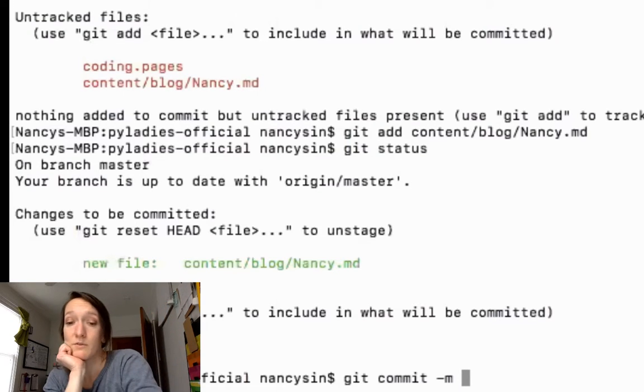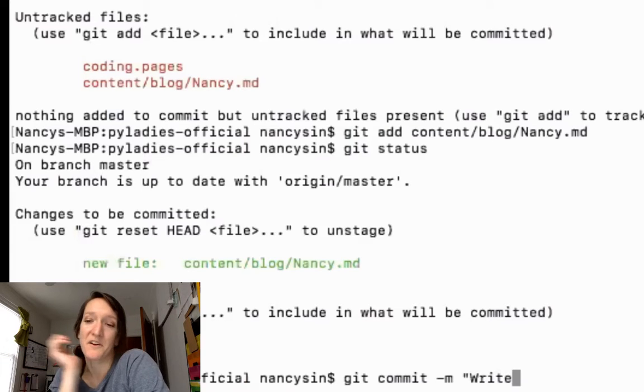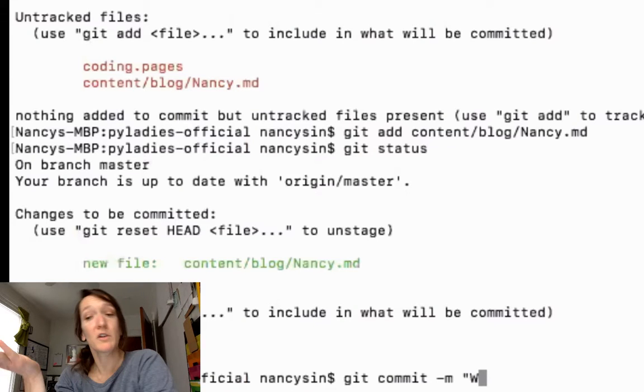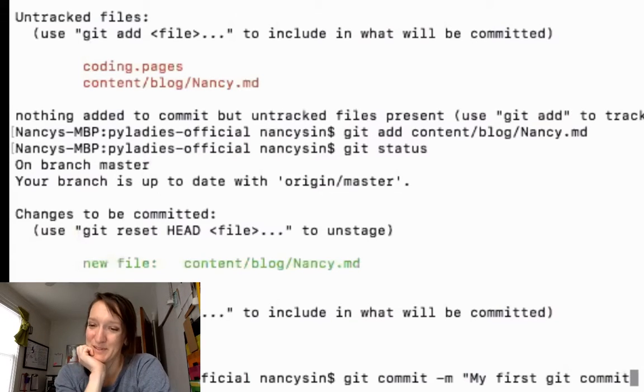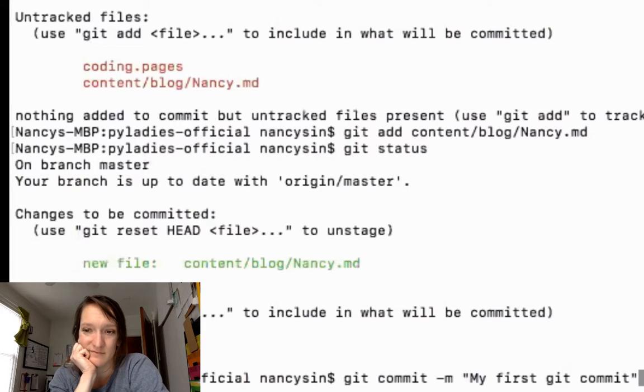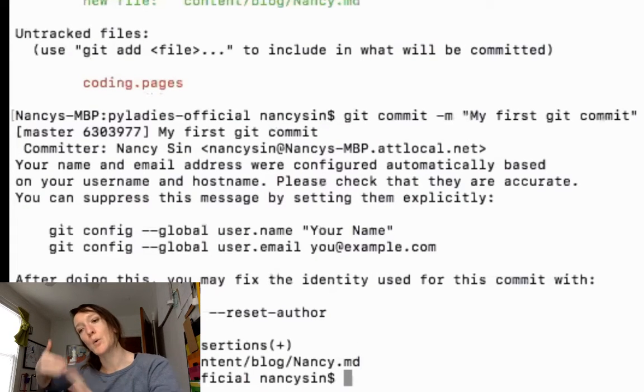And then open quotes, and we'll write a message. And we'll say, so let's say something like, my first git commit. Or, if you were going to write something else. No, just write that. Okay. My first git commit. Yay! And then close quotes, and then hit enter. Awesome. Okay. So that essentially saves it to our memory of what's going to get pushed up, and we could